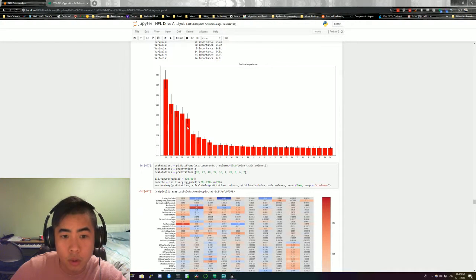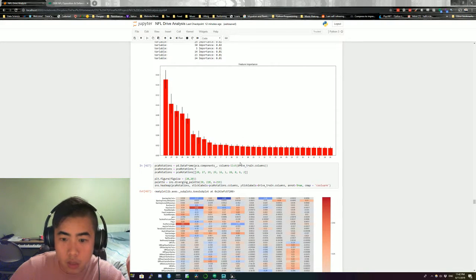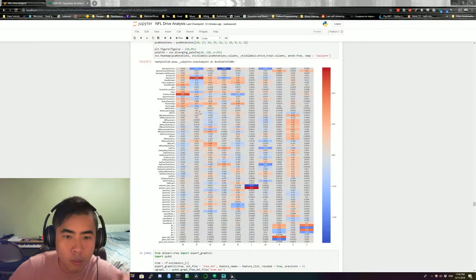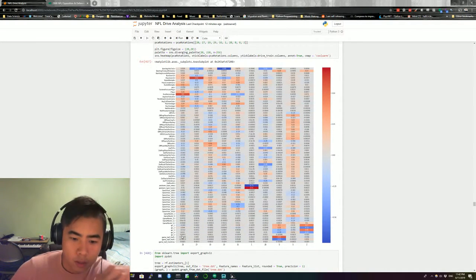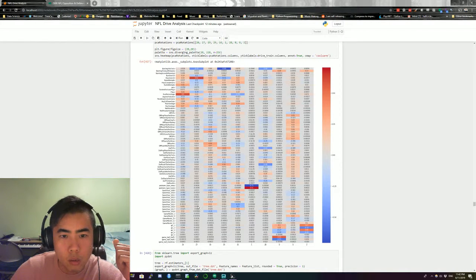The first 5 are the most important, but the totaling up is less than 50%. And so when you look at the individual components itself, obviously for the most important component, you can see that actually runs and rushing are quite important,